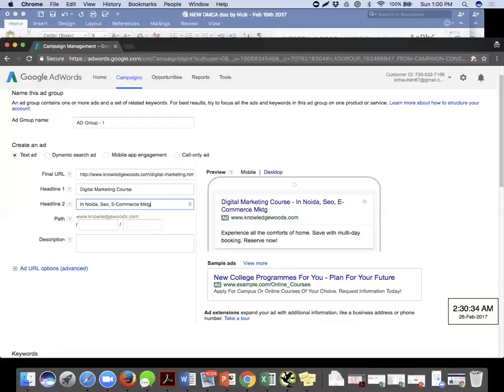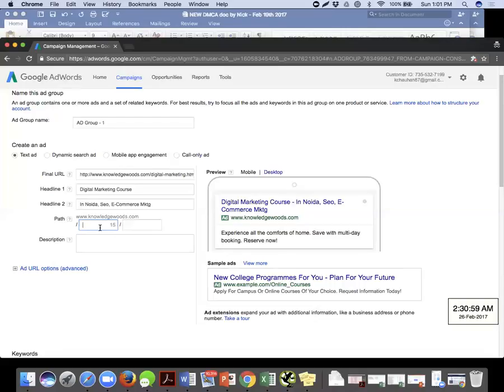Right. Now the next thing, guys, is the path. The path which you're seeing over here is the overall URL which you will be displaying in your ad. It is not necessarily going to be the URL of an existing web page. Knowledgewoods.com, which is your domain, will come by default. It's been picked up automatically from the final URL.